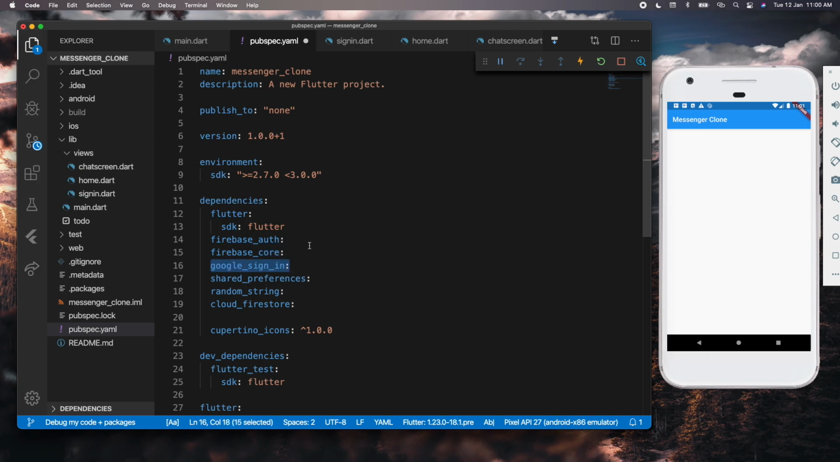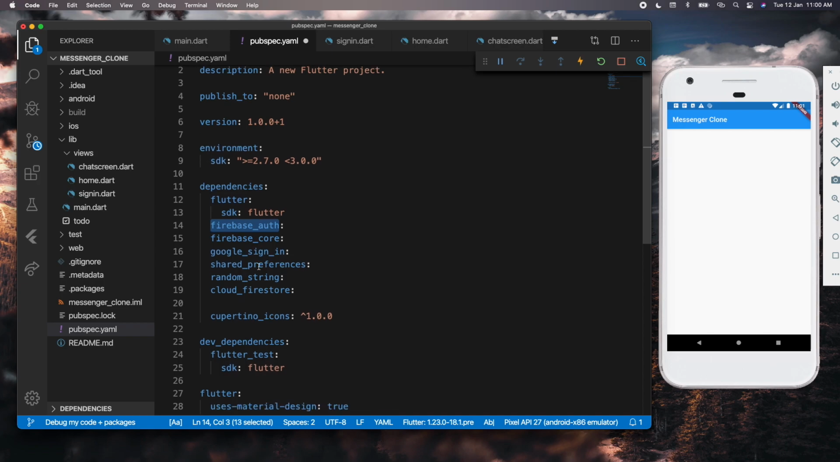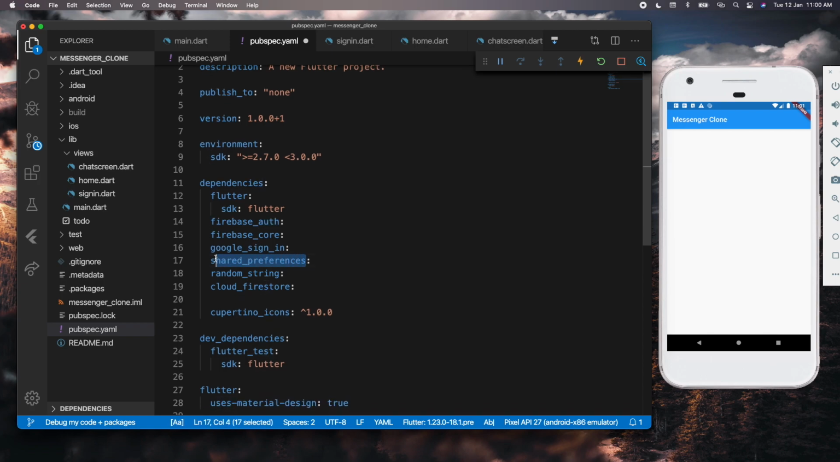Then we have this Google sign in, so that we can sign in with Google. I'm going to combine these both, Firebase Auth and Google sign in. So we are going to sign in with Google, but it is going to be through Firebase Auth so that we can manage authentication with Firebase. Then we will use shared preferences to save the user information locally. We have random string, which will be used to generate some IDs, and this is the Cloud Firestore, which is